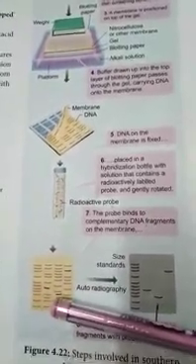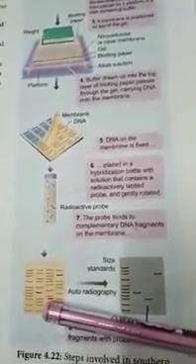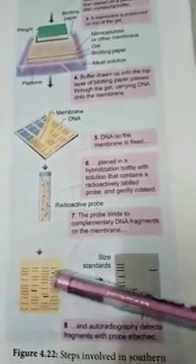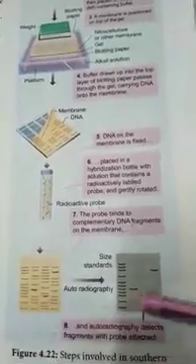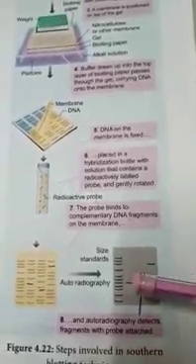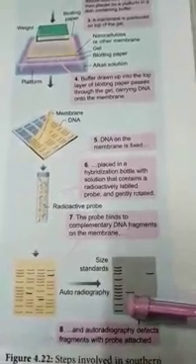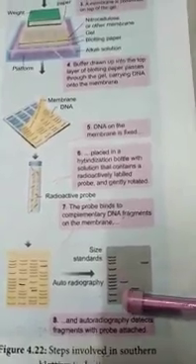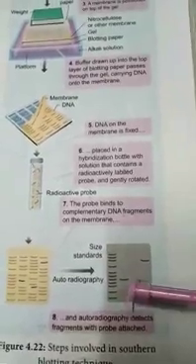The unknown DNA particles are separated from the agarose gel to the nitrocellulose membrane. The transferred DNA fragments bind with the already known DNA probe. After autoradiography, which emits a fluorescence color, after illuminating we can easily note the DNA. So this is the specific detection of the DNA fragments. This is the steps of the Southern blotting technique.